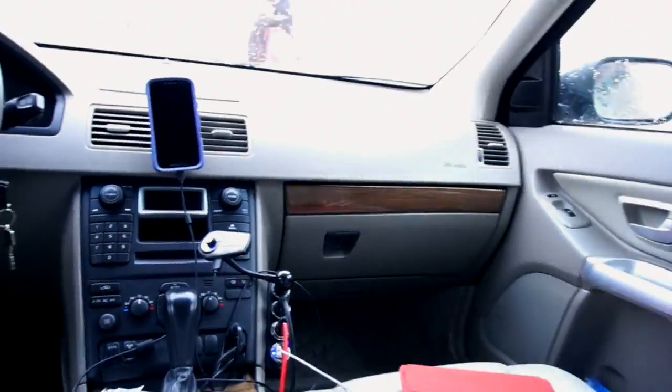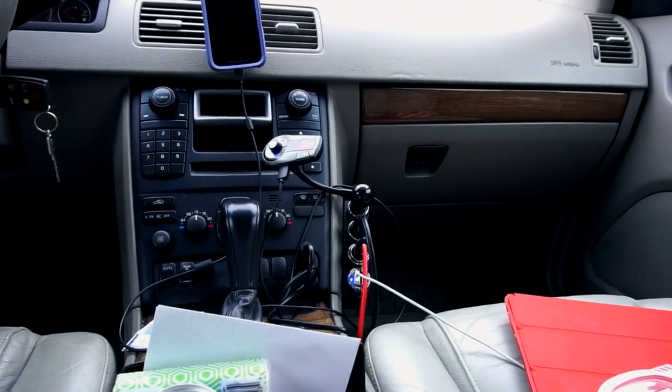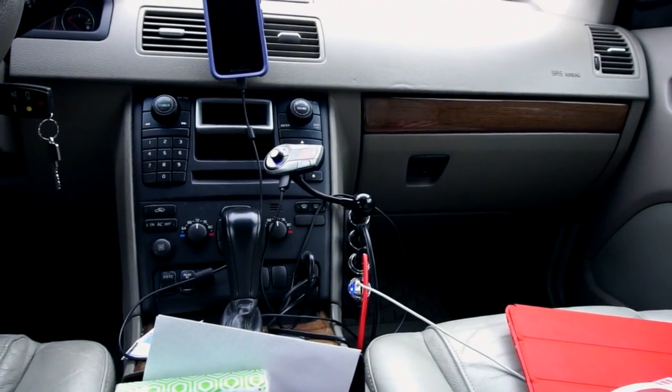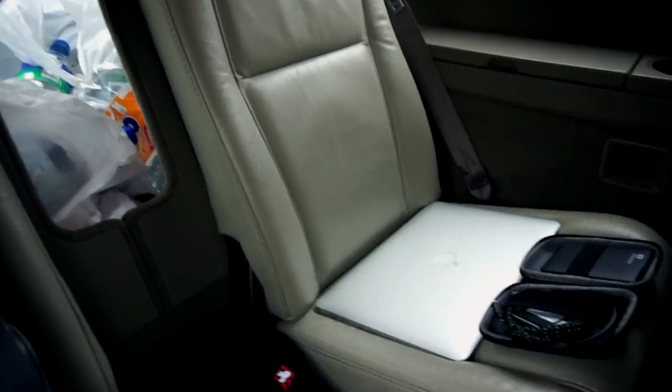And here's how we've done this. Up front here, you can see I've got a lot of outlets, and the reason for that is because there's a lot of things to power up. The second one from the bottom is a 150 watt power inverter. That one and the red cord both run back through the car, back here, and you'll see a nice old